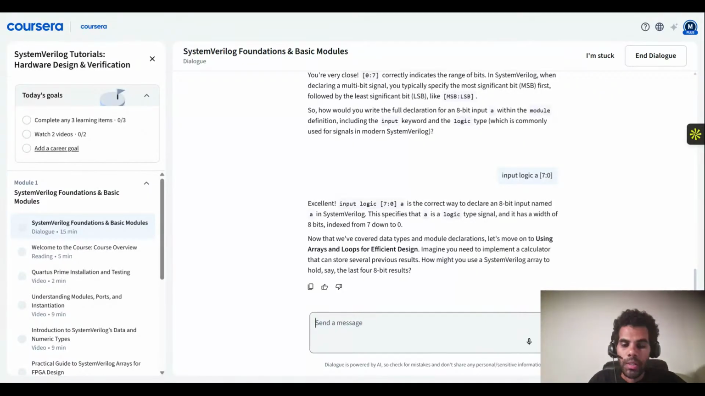Excellent. input logic [7:0] A is the correct way to declare an input named A in SystemVerilog. This specifies that A is a logic type signal and it has a width of 8 bits, indexed from 7 down to 0. Now that we have covered data types and module declaration, let's move on to using array loops